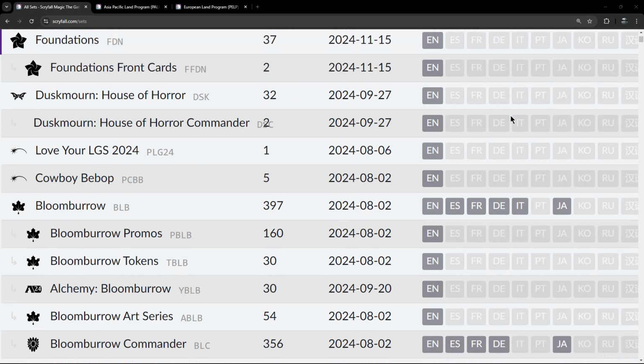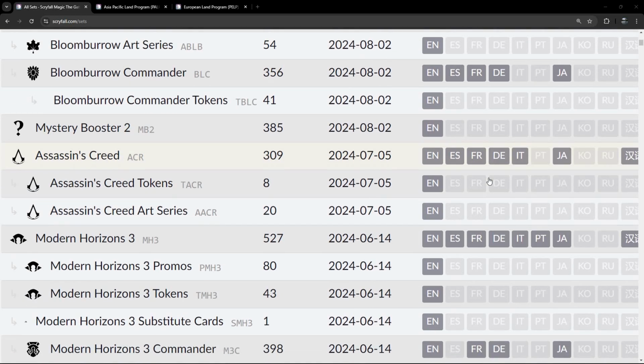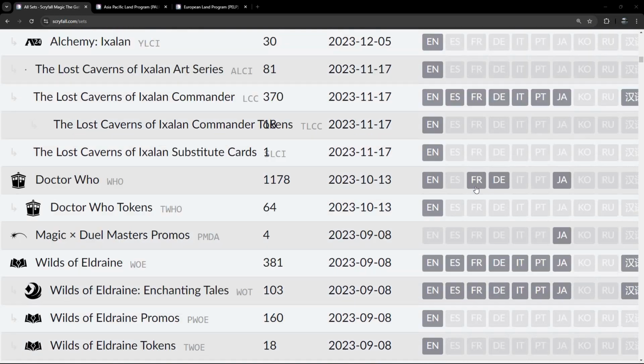I wouldn't say this is a recent thing, but for a little while now I've had a habit of just scrolling through the set listing on Scryfall, occasionally, to see if there's anything in Magic's past which maybe I've missed. Not necessarily from me doing an episode about it, but that I'm just unaware of in any shape or form, mainly because it just never hit my radar. And that, historically, has tended to be